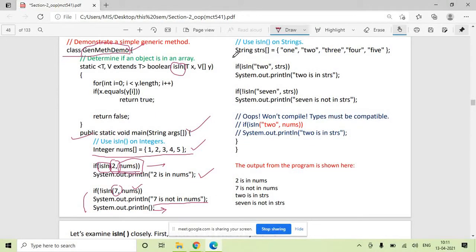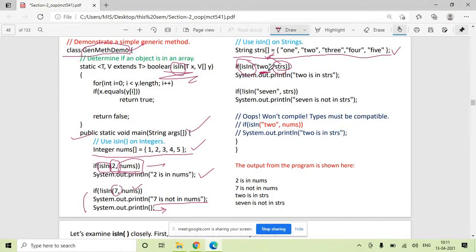Now, in the next line, we have created one array of strings. strs is an array of strings, and it is initialized with these 5 strings. With the same isIn function, we will search whether this string 2 is present in the strs array.